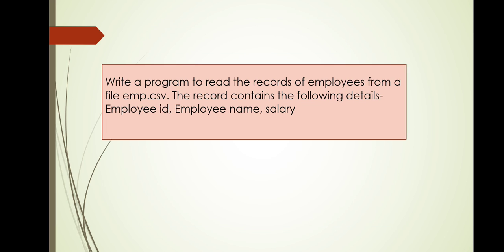Okay. Now let us understand reading of the CSV file with the help of a program. Write a program to read the records of employees from the file emp.csv. Now the record contains employee ID, employee name and salary. This is the same file that we have created while studying writing to the CSV file.